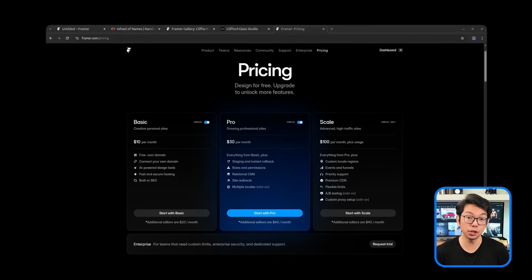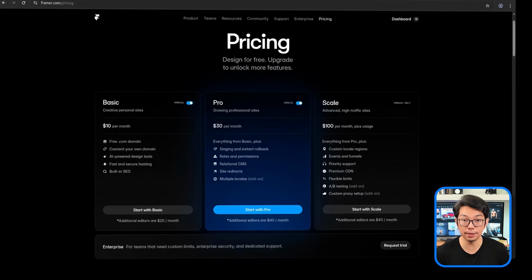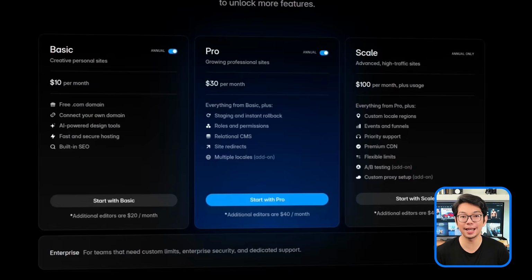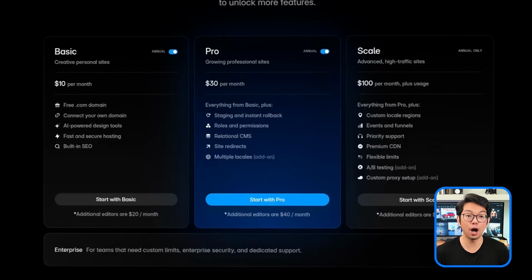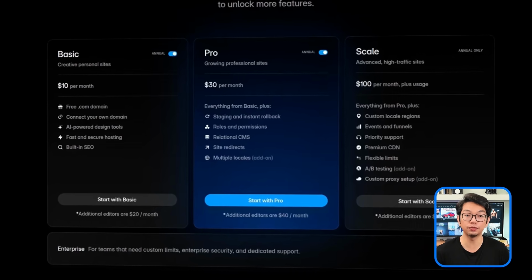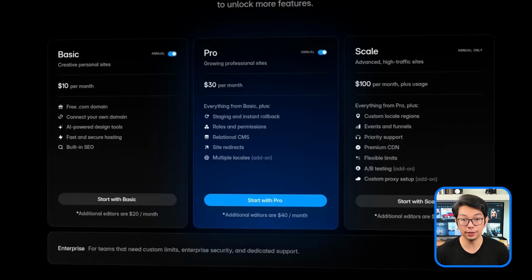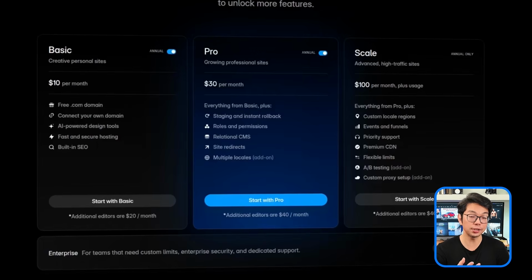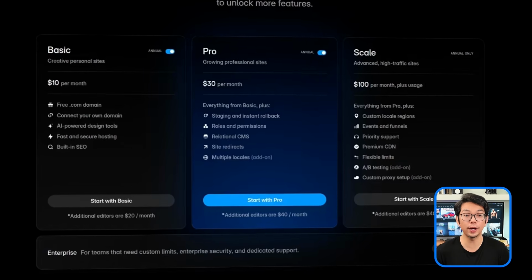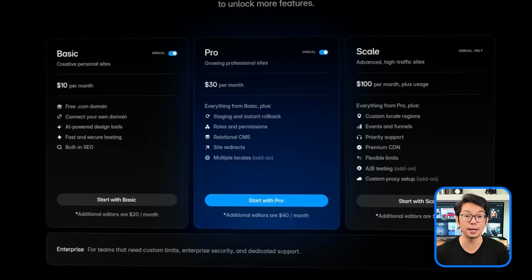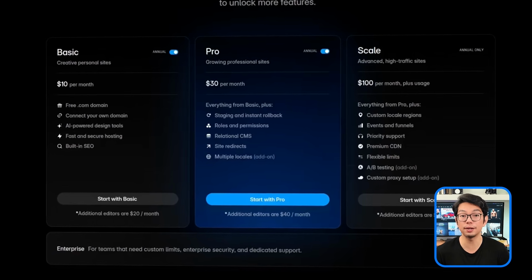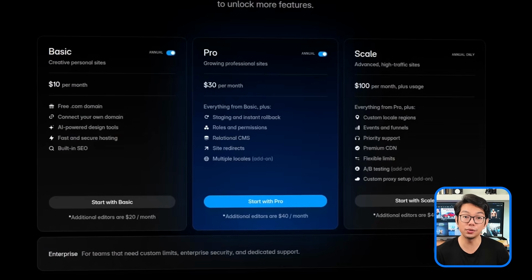Now Framer looks cheap too, until you factor in your time and your sanity. The free plan forces Framer branding and a Framer subdomain, which already makes it unusable for anything professional. To even get a custom domain, you have to upgrade, and realistically here you're looking at around 20 bucks a month just to unlock basic features, and closer to $35 a month if you need CMS functionality that most real